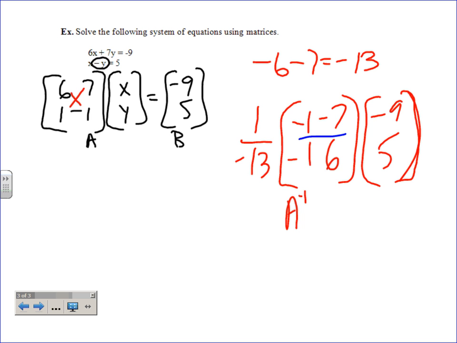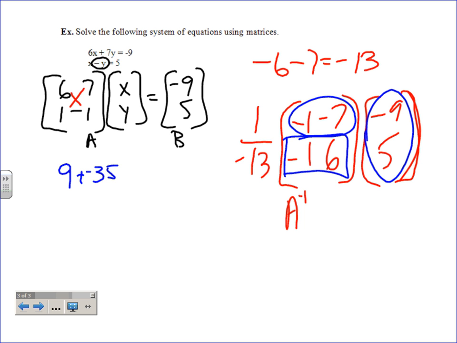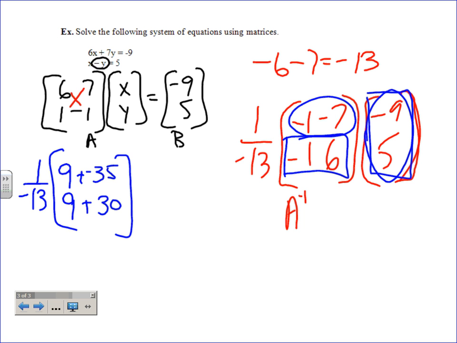So if you do that, it's smart to do that first. So you take -1 times -9, and you get 9. And then you add whatever you get when you take -7 times 5, which is a -35. Okay? And then you take, maybe we'll put a box around it this time to show the difference, -1 times -9 again, which is 9. And then 6 times 5, because it's second one times second one, so it's plus 30. But if you just finish that, that is not your answer because you still have that. Okay? So you take 9 and then minus 35, or -35 plus 9, whatever way you want to do that, and you get